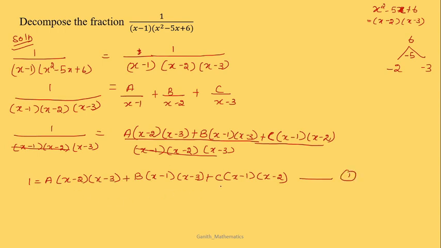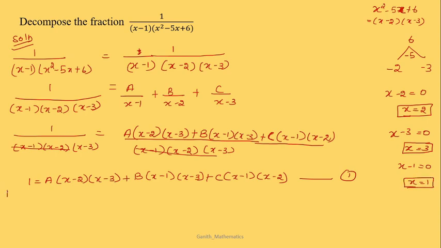So we are going to make this sum of the terms to be 0. So how to find those terms? I just find the roots of the factors. That means x minus 2, if I put it equal to 0, gives x is equal to 2. So one random value is x is equal to 2. And x minus 3 is equal to 0 means x is equal to 3, so you have to substitute x is equal to 3. And x minus 1 equal to 0 gives you x is equal to 1.